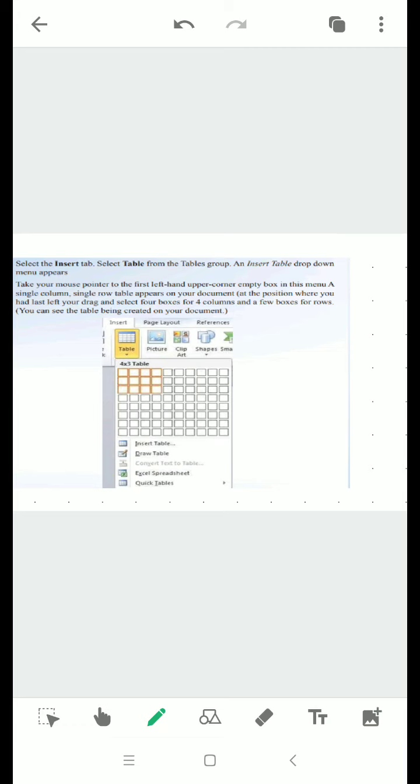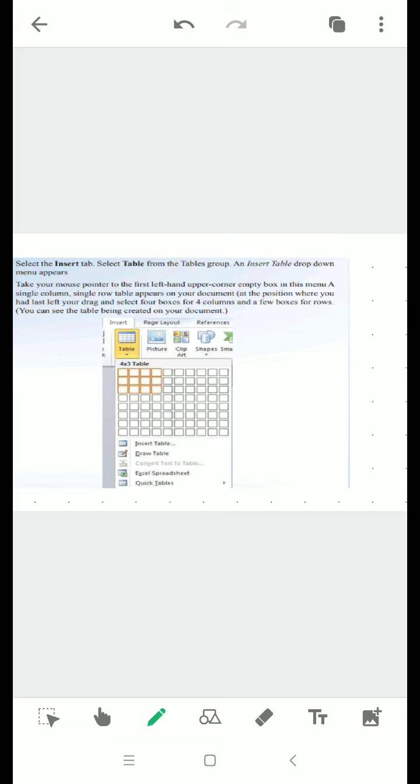Let us see here. To insert a table, you have to click on the Insert tab and select the Table option from the Tables group. As soon as you click on the Table option, we can see the grid with the number of rows and columns, and below it the options Insert Table and Draw Table. These are the 3 methods. Using the table grid option is nothing but dragging the mouse pointer over the grid and selecting the number of rows and columns you want in the table.